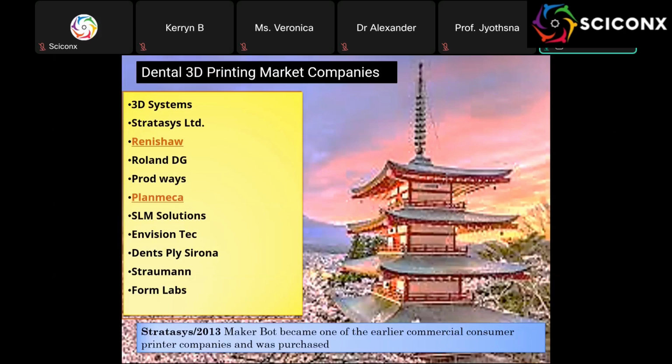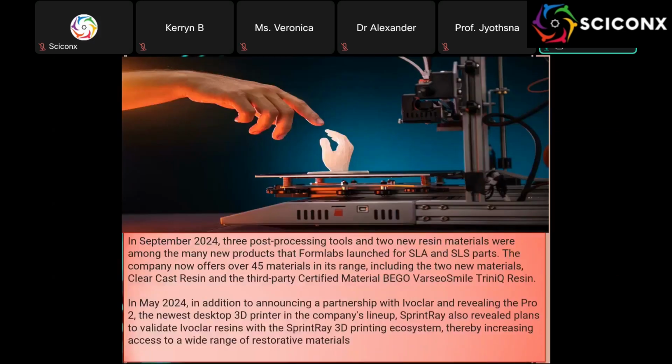Other companies are also there, like Straumann, then there is Dentsply, Envision, SLM Solutions, Broadways, Roland, and 3D Systems. So all these companies are going into the world market for the processing of three-dimensional printing machines. So most recently, in September 2024, there were 3 post-processing tools and 2 new resin materials